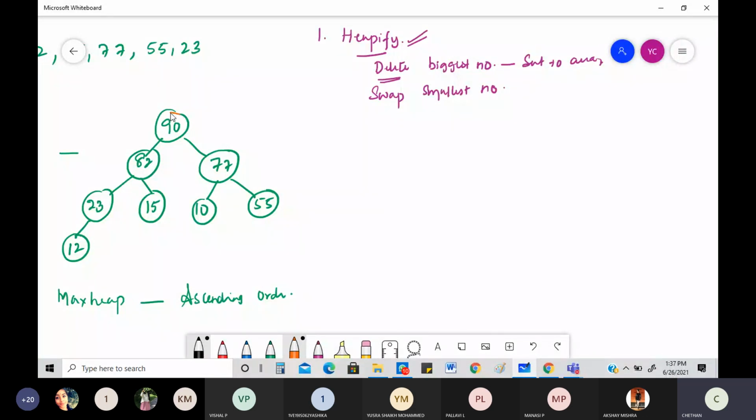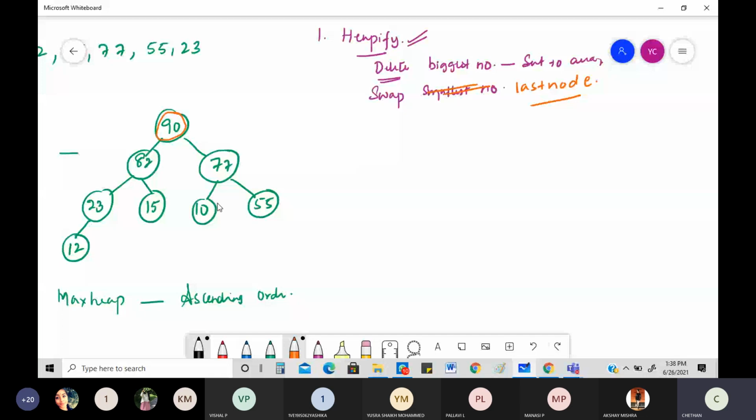This is the biggest number, so this now needs to be deleted, and that needs to be exchanged with the smallest number, or what's the other way of calling it? The last node. That's the right word. You're going to exchange not the smallest number, but the number that is there in your last node.